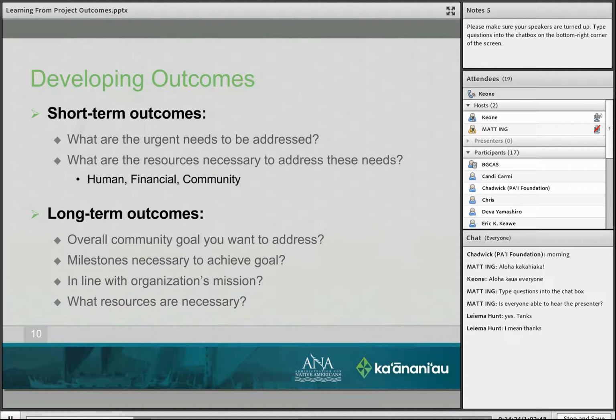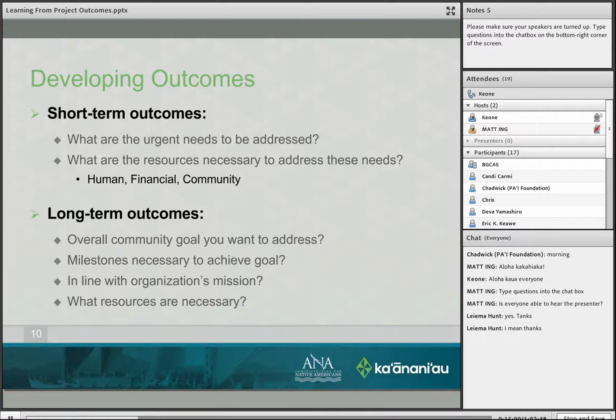What are some of the things that you think have to be done or a good indication of the progress towards achieving these goals? You have to make sure that these outcomes are in line with the organization's mission. And again, the same as before, what resources are necessary to achieve these long term outcomes? And so that's how you start looking and thinking of how you develop these outcomes.